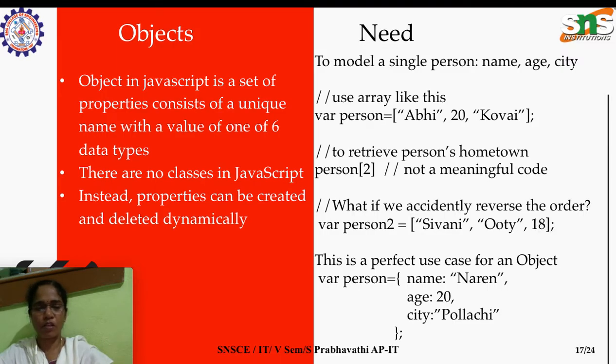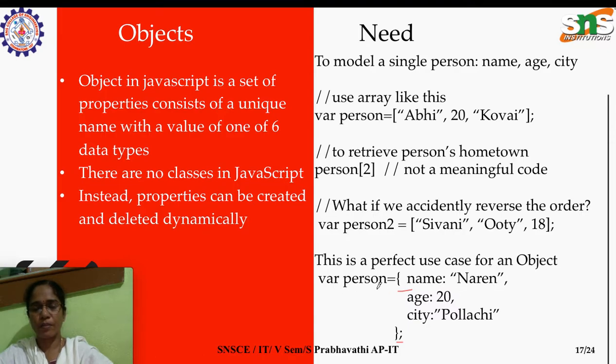Okay, so this is not very useful. So the order should not be changed in the array. There comes the concept of using the object. In an object we give values in name-value pairs. Okay, so variable person, within braces instead of square brackets. So here objects are defined using braces, ending with a semicolon, with the property and its respective value like this.